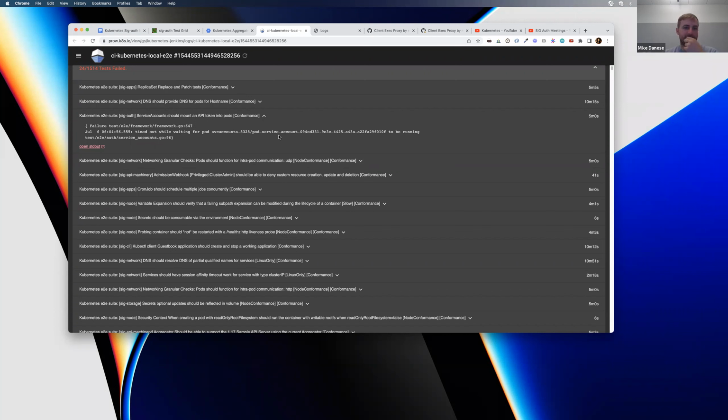Other than that, there's a few flakes from the service accounts should mount API token test, but they're just a handful. So I'll try to confirm whether this is an actual flake or a setup issue, and then I'll file a bug if we don't have one already.